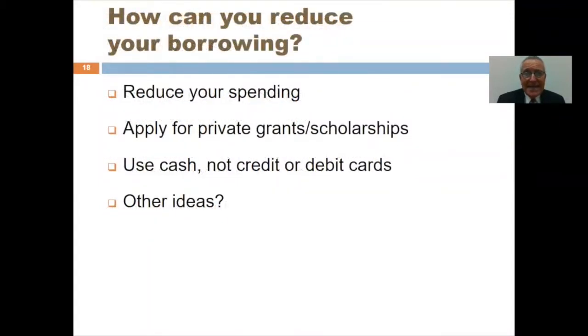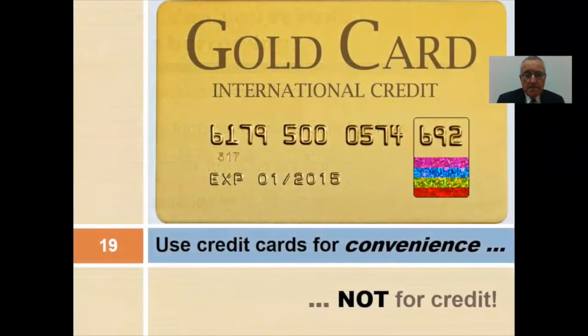Now, we talked about the idea that you want to save on spending. And that's really important because that's one way to reduce your borrowing. But you also can reduce your borrowing in other ways. For example, by applying for additional scholarship funding through private organizations, by making sure to the extent you're spending money, you're very mindful of how quickly you're spending the money, and using cash rather than using your credit or debit cards, the plastic in your wallet or billfold, is a good way to make sure you're not going through the cash too fast. And think about other ways you might be able to reduce your borrowing. Talk to your peers to see, have they come up with any ideas? And remember,